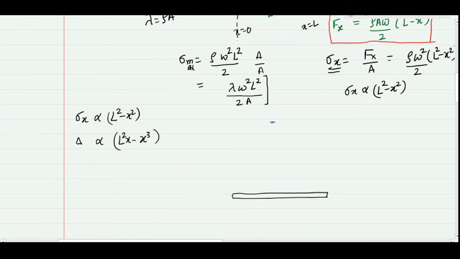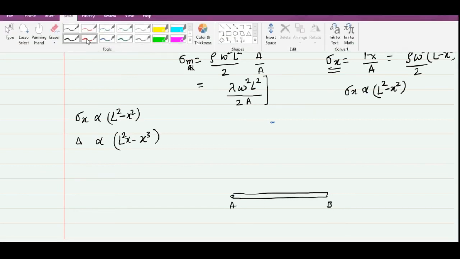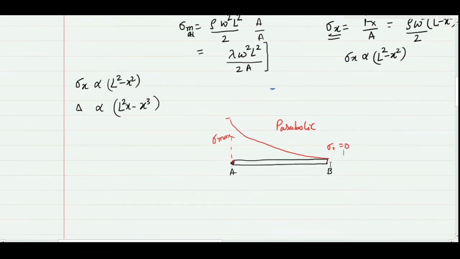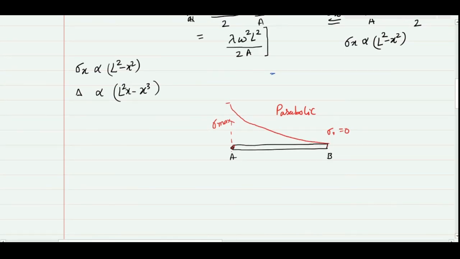It is rotating about this pin point, let this be point A and point B. So what would be my graph? The stress is maximum here and zero here. So this is my axis of rotation. If I plot the stress distribution, it will be a parabolic curve. Maximum stress will be at the root and the zero stress at the tip. Similarly, if I make the extension curve, I know that the extension will be maximum at the tip and minimum at the root. So the extension will also look like a curve, but that will be a